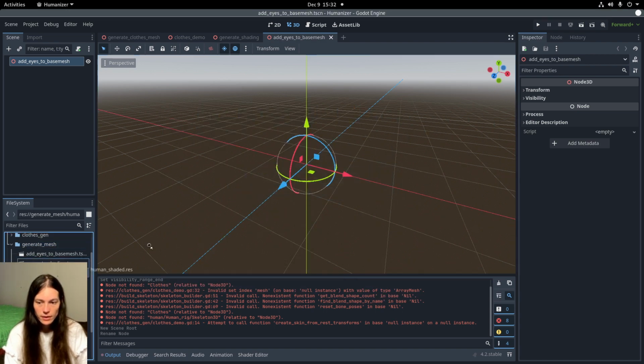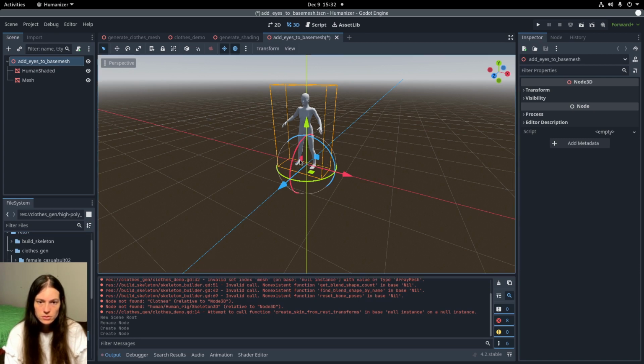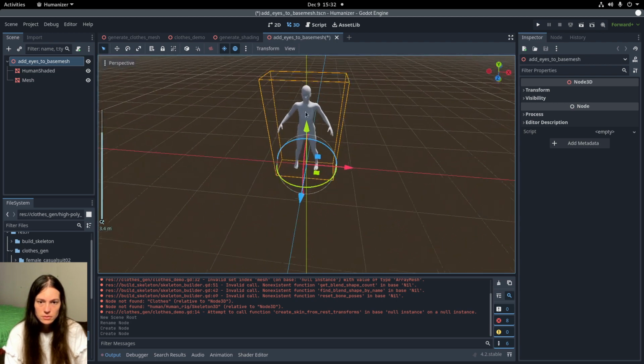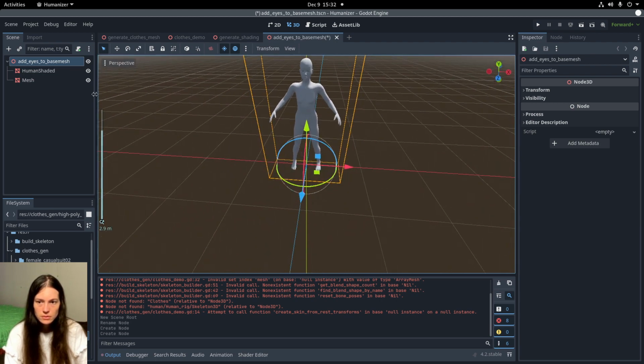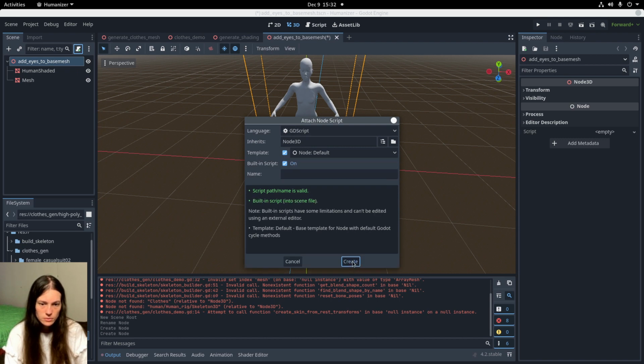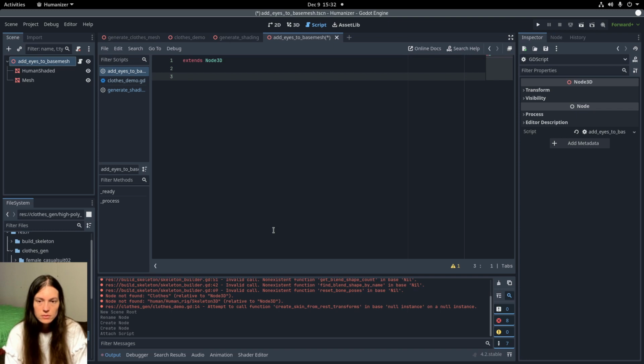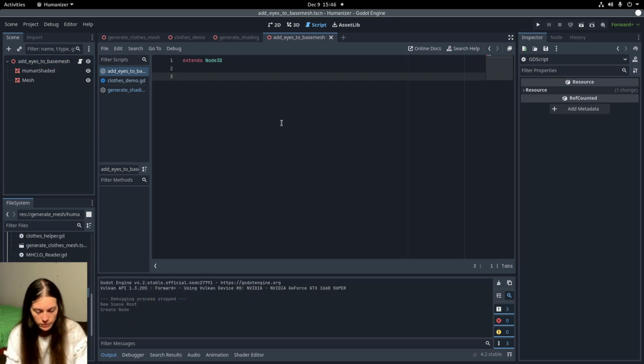And I'll add the shaded human and the eyes mesh. And I'll attach a new built-in script. Now on ready,